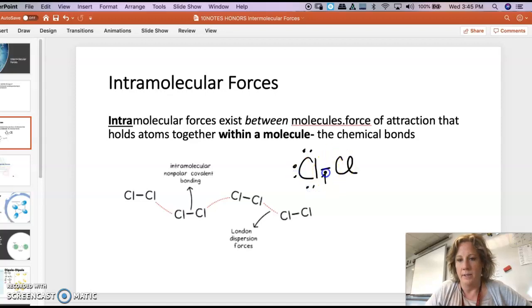So this is the intramolecular force, which is really just a chemical bond. The word intra kind of means within, like intramurals, or between teams that are within our school. So then we have